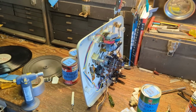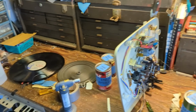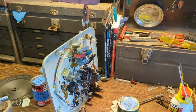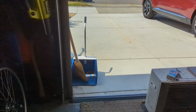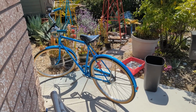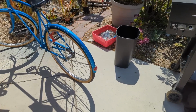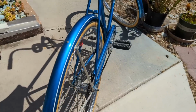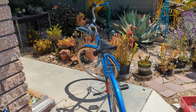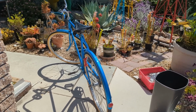Well, I rode my bike down to the hardware store to look for more belts, and the belts I got don't work. I just wanted an excuse to ride my bike down there. I bought this Schwinn bike at a yard sale for 20 bucks. It's a Schwinn Racer, no nonsense bike. Anyway, I rode that all the way to town and got the wrong belt,